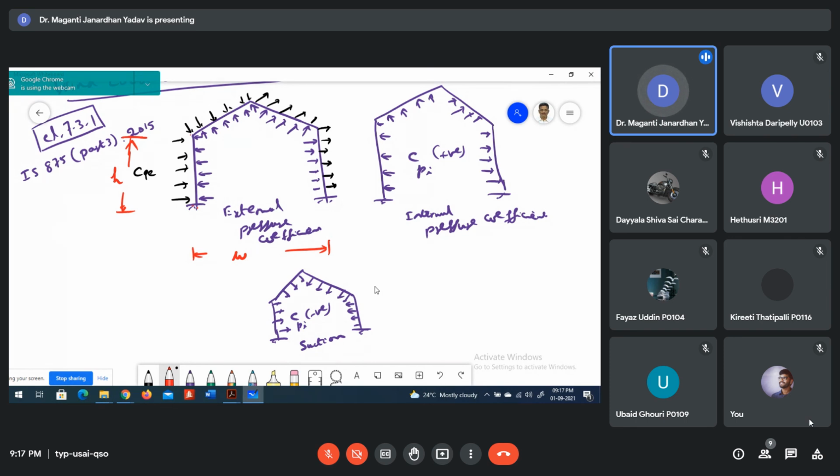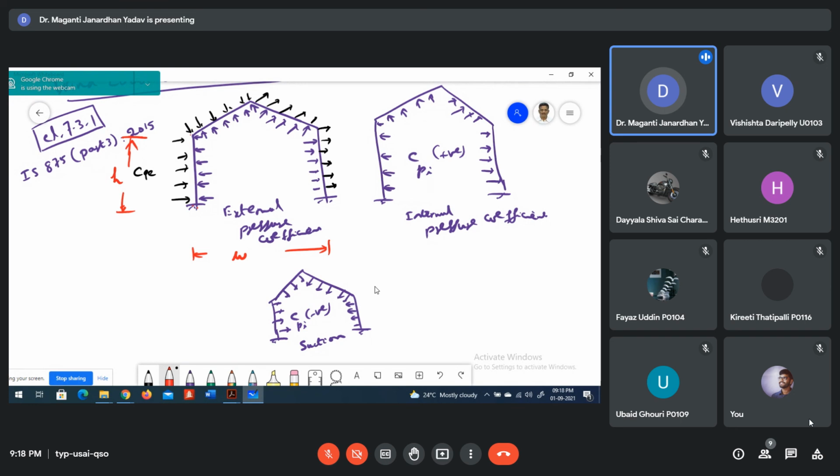But for drawing, please don't leave the welded plate girder. You will get either one roof truss design completely, or the welded plate girder, or the tension and compression members. There are battened columns, battened or laced columns. Like that you'll get something. Whatever I discussed, please don't leave anything in that.